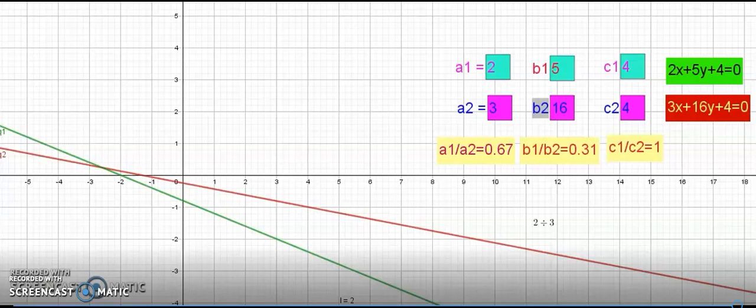And you will be even given a 2 marks question to find the missing value. One of the coefficients a2, b2 and c2 will be missing and you will be asked to find out the missing value, k value, unknown value. So you need to use the relation between the coefficients and the condition for the lines to be intersecting, parallel or coincident to find out the value.